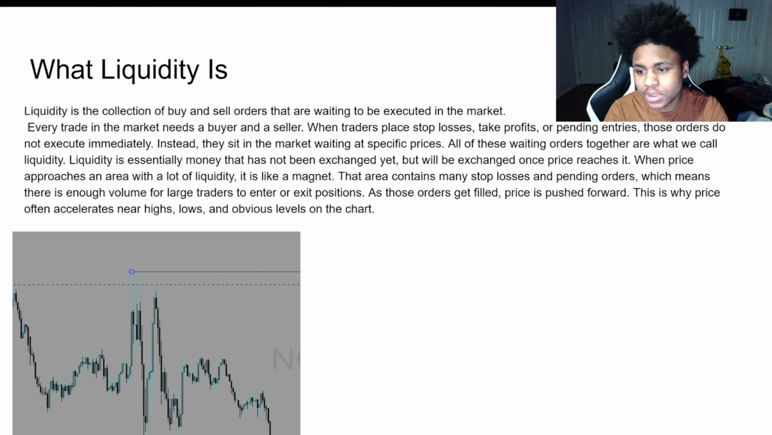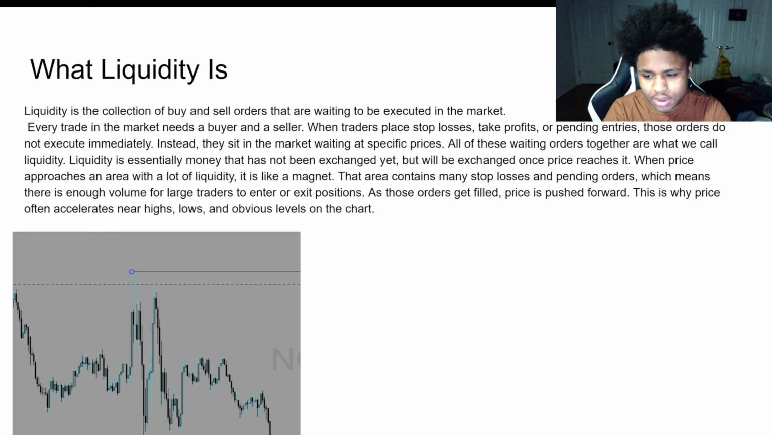When price approaches an area with a lot of liquidity, it is like a magnet. That area contains many stop losses and pending orders, which means there is enough volume for large traders to enter or exit positions. As those orders get filled, price pushes forward. This is why price often accelerates near highs, lows, and obvious levels on the charts. So that's basically overcomplicating